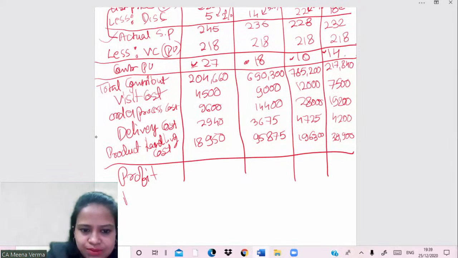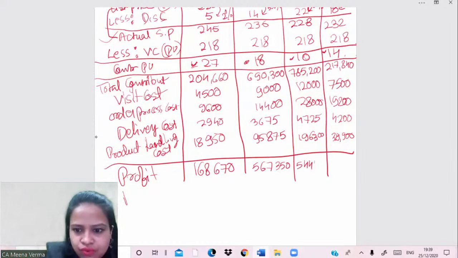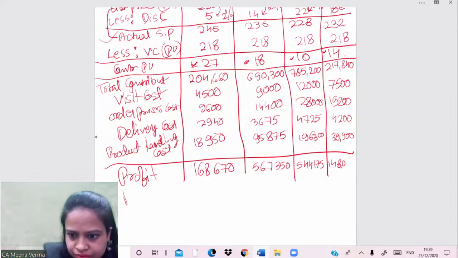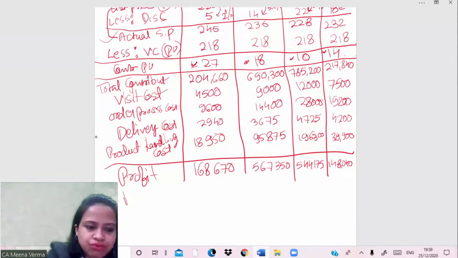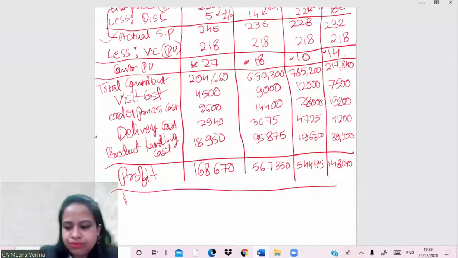Okay, so after subtracting them, the profit here is 168670. At this place, it is 567350. At this place, it is 544175. At this place, this is 148040. Okay, so this is the profit we have here,